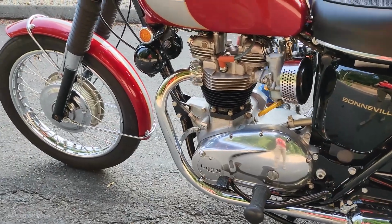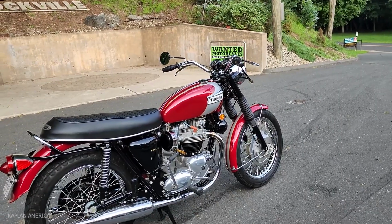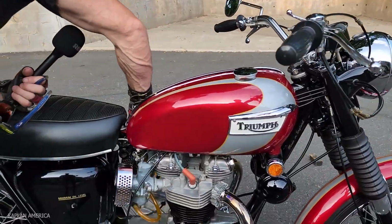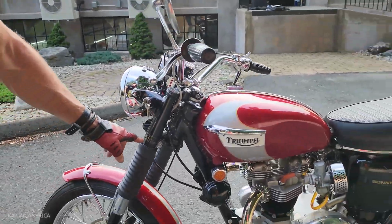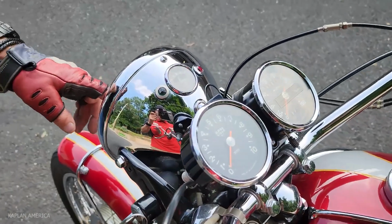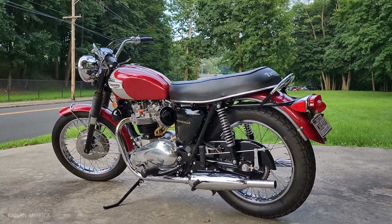The T120's impact on motorcycle culture can't be overstated. It led to a wave of parallel twin imitators and influenced generations of Triumph's own lineup well into the 21st century. While British bikes of the era sometimes earned a reputation for oil leaks or finicky electrics, a properly maintained T120 remains remarkably dependable. The aesthetics are unmistakably vintage,